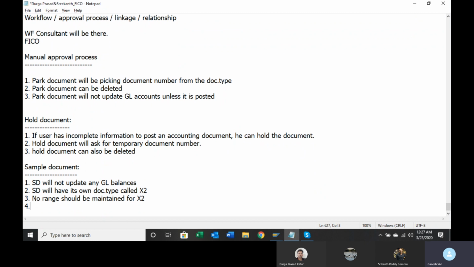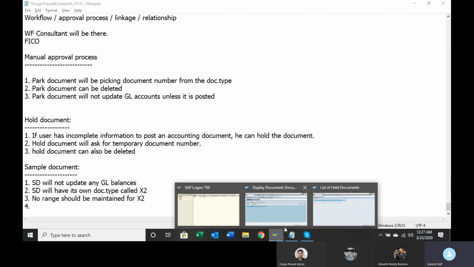To avoid that, you can create sample documents for their reference. You just give them the document number, ask them to verify it and post similar to that. Then your job becomes easy. So for that purpose, we have the sample document.